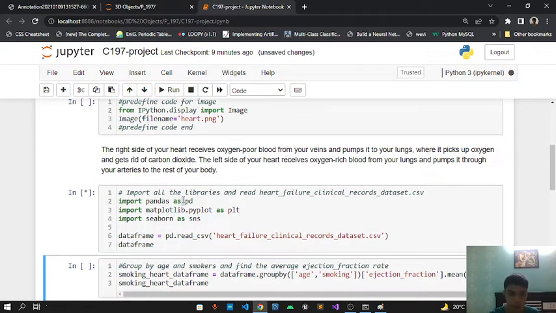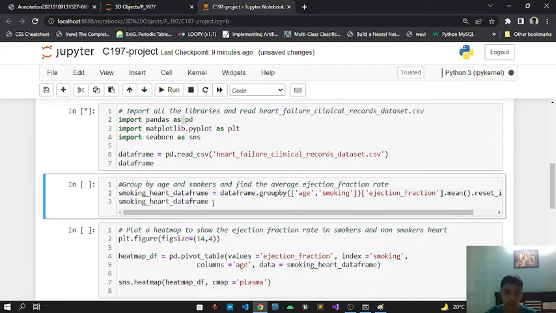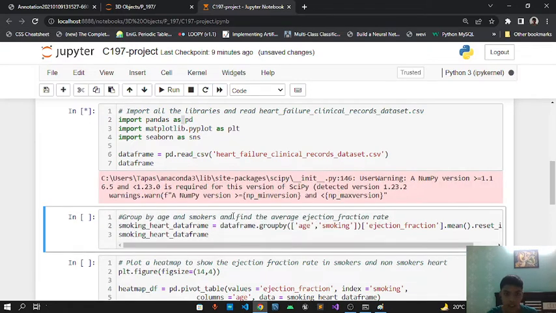We are going to import the libraries, and we are going to group the data frame here by age and smoking. Here we are grouping it by two things, age and smoking, and by ejection fraction, and we are getting the mean, and we are resetting the index. So if you think I'm going fast, I'll just say here, okay, wait,